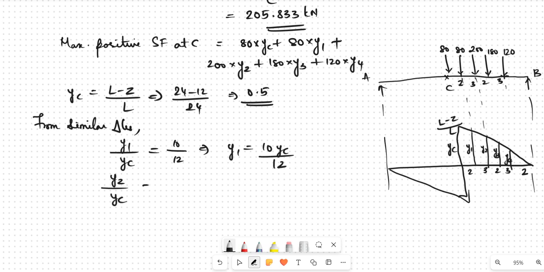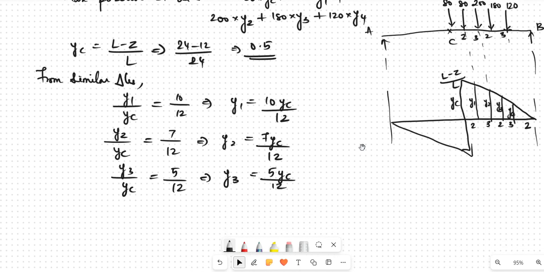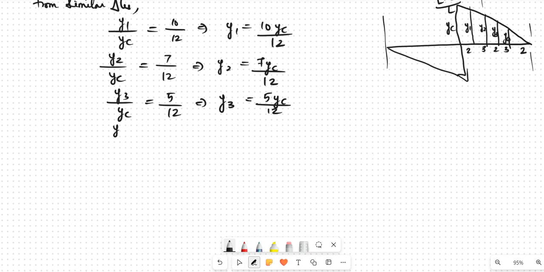Similarly, Y2 by YC is equal to 7 by 12, or Y2 is equal to 7 YC by 12. Then Y3 by YC is equal to 5 divided by 12, or Y3 is 5 YC divided by 12. And finally, Y4 by YC is equal to 2 divided by 12, or Y4 is equal to 2 YC by 12. Substituting, you can write therefore maximum